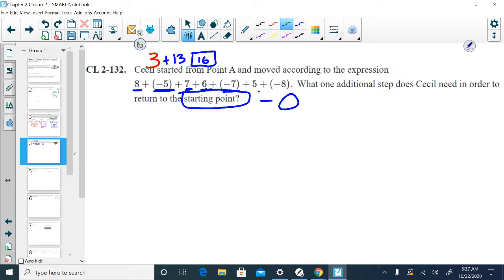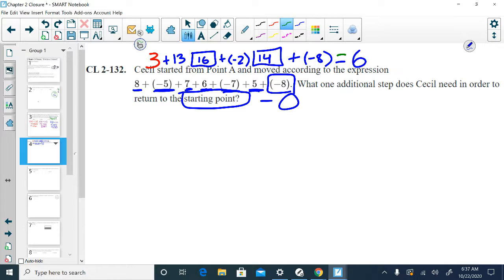We're moving negative 7, and then we're adding 5. So let's see, negative 7 plus 5 would be negative 2. So we're going to add negative 2, and that would put us at 14 after the next 2 moves. And then our final move here, we are adding negative 8. So plus negative 8. That's the same thing as subtracting 8. So that puts us at